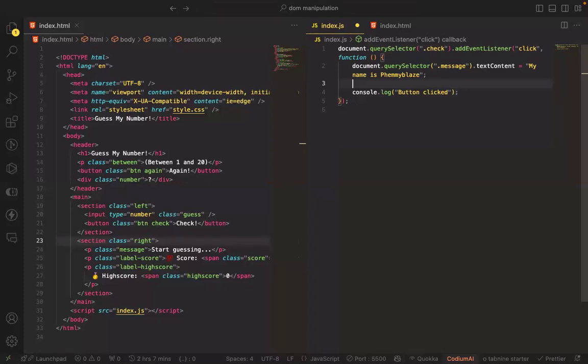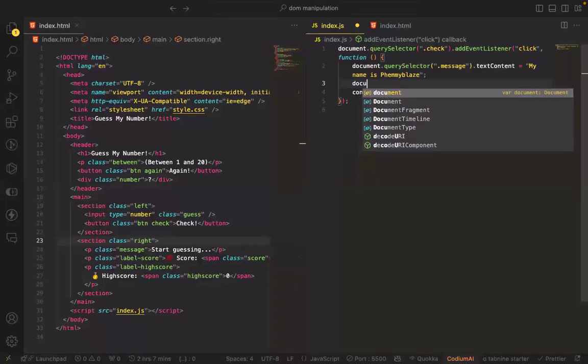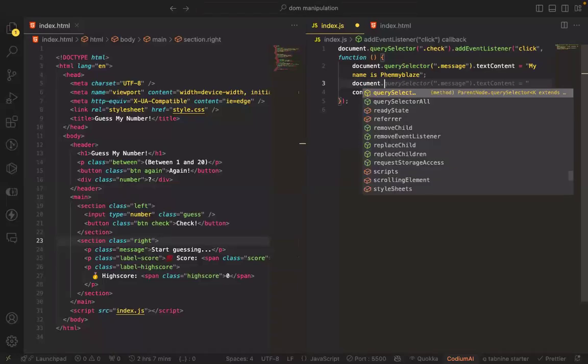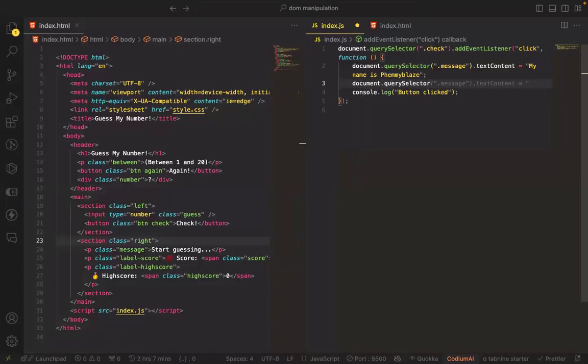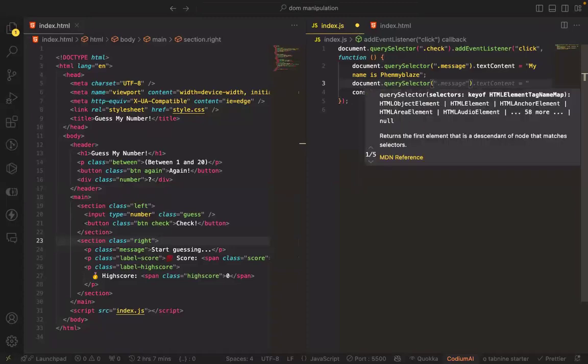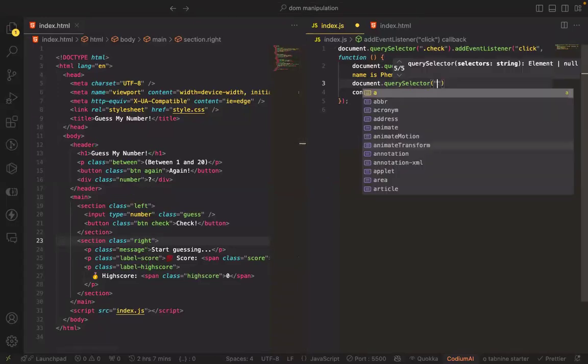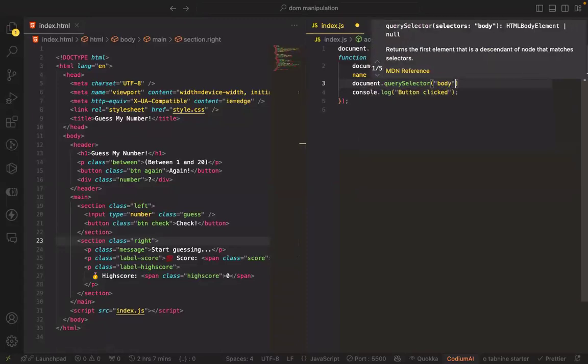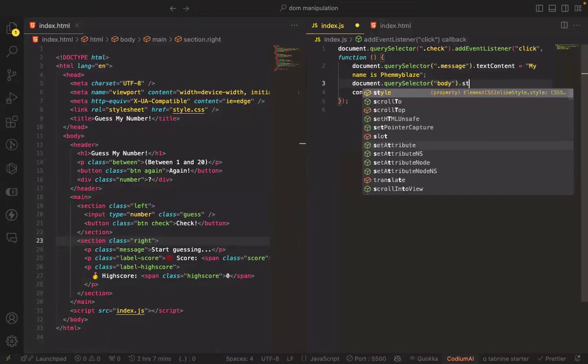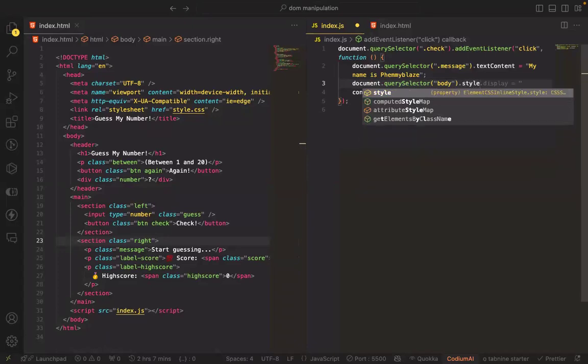So the same way we do it, we'll have document.querySelector, and the same way we have a class name. Which one should we change? Let's change the body of our element. Let's change the background color of our body. So we have body. What do we need to do? We now do dot style, dot